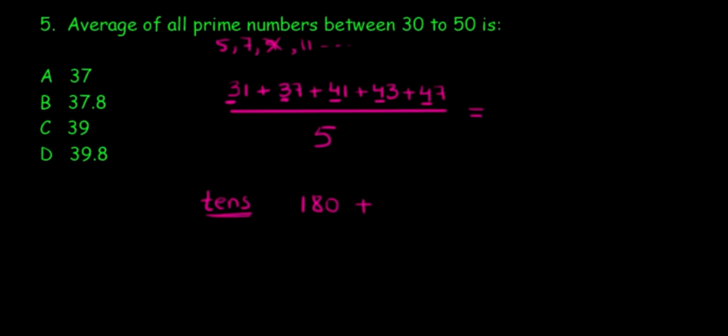When I add up the ones, I get 1 and 7. That's an 8. 8 and 1, that's a 9. 9 and 3, 12. 12 and 7, 21. Is it? 12 and 7, it's 19. 12 and 7 is 19. And then again, I wouldn't add them up because this looks really problematic. This one here is not divisible by 5. I'm just going to leave it the way it is rather than ending up with a long, huge number that I don't even know how to work out with.